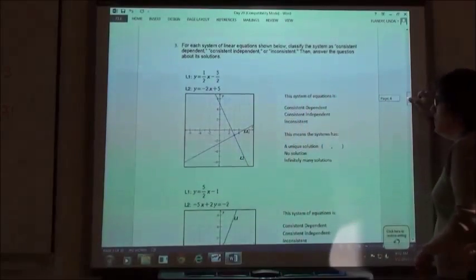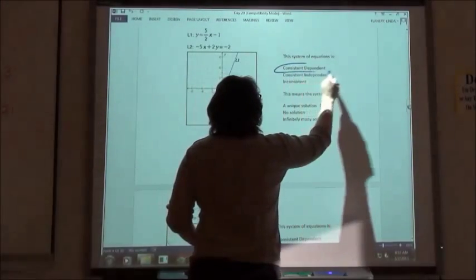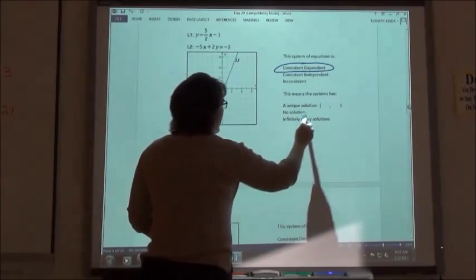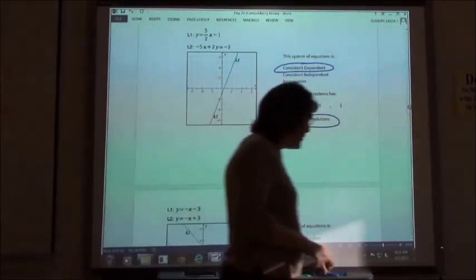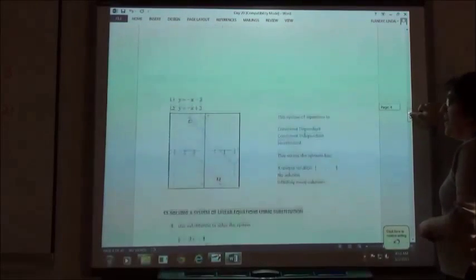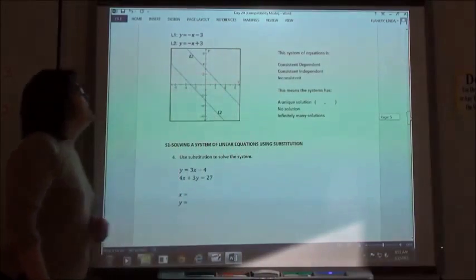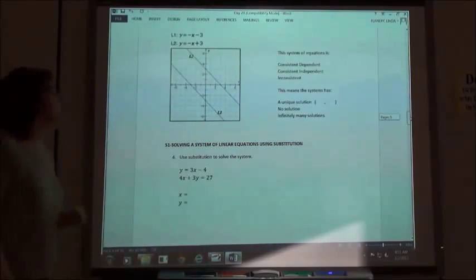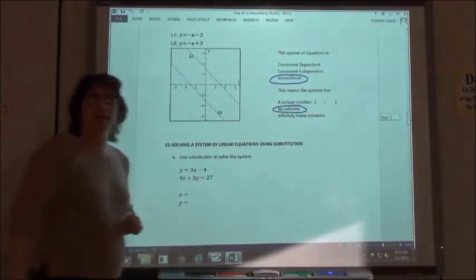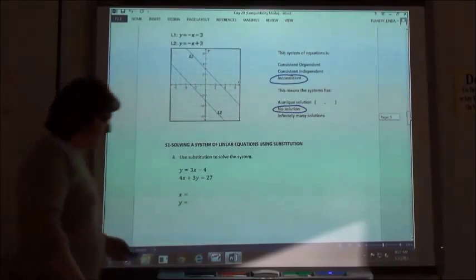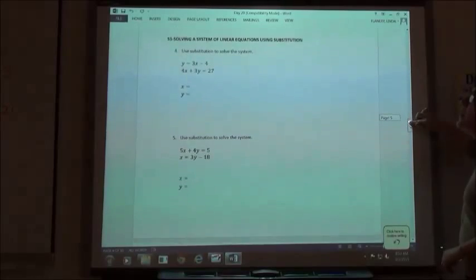The second part of number 3 is which kind? Consistent dependent, and has infinitely many solutions, because every point on line 1 also is on line 2. And then the last one on number 3 is inconsistent, and has no solution, because they're not going to touch each other. So that's just picking out what kind of system of equations you have. Then we're going to get into